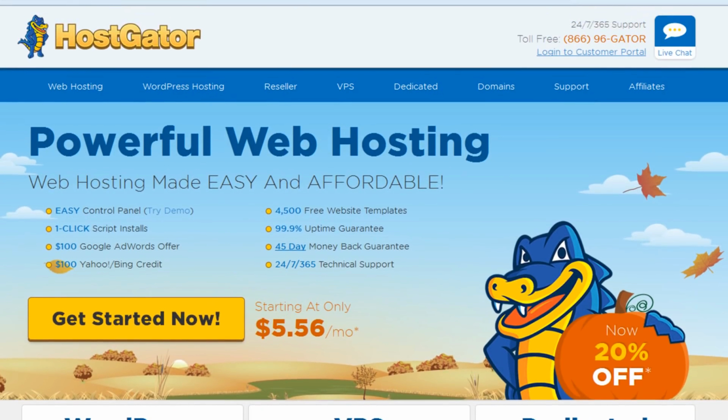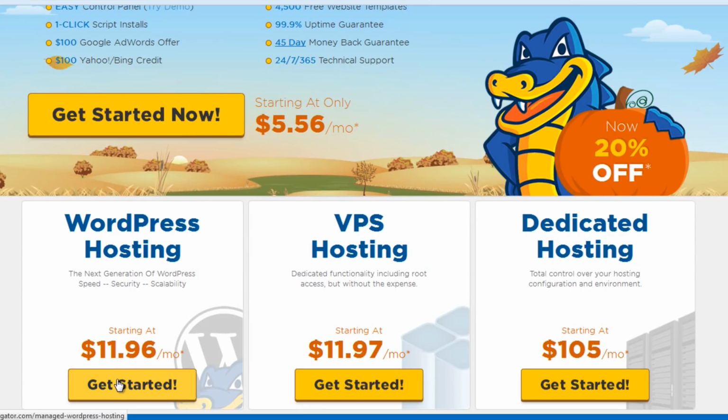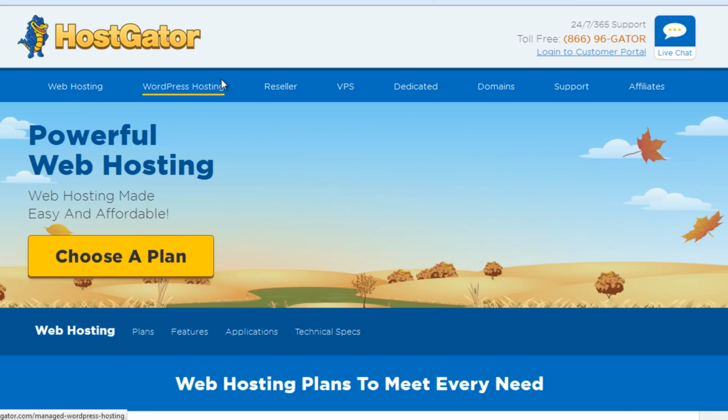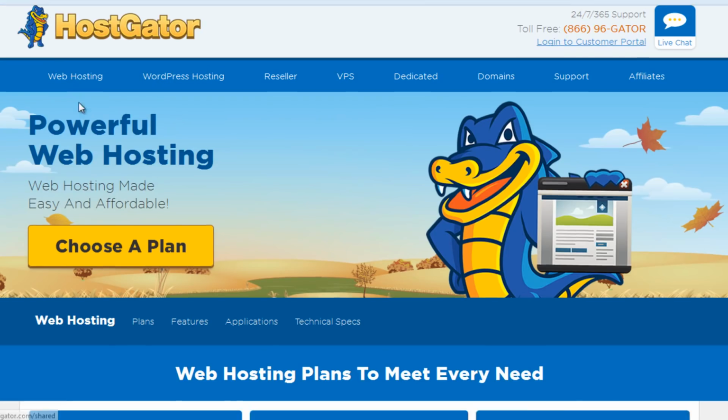You'll see a couple of different options: web hosting and WordPress hosting. Yes, we're building a WordPress site, but there's no reason we need WordPress hosting specifically. It costs more, and you can read about that a bit later. What I use is basic web hosting, and to be honest, basic web hosting is super fast and it is absolutely more than enough for 99% of websites out there. It's cheaper than the WordPress hosting as well. You can read about that in your own time, but I'm going to stick to web hosting. That's what I use, so it's really your choice.